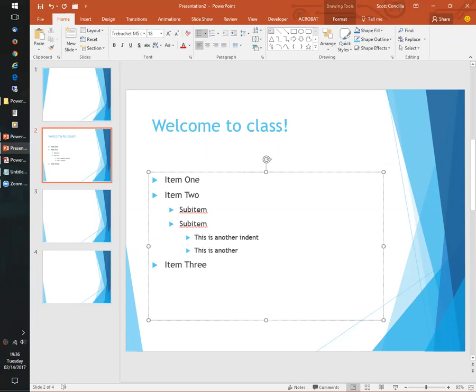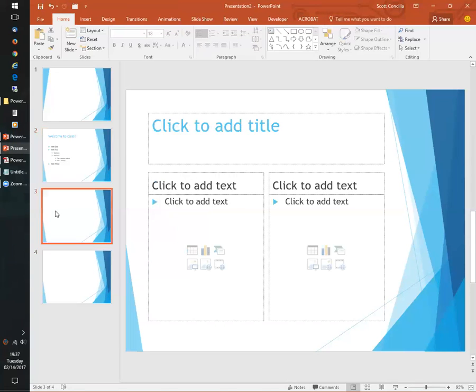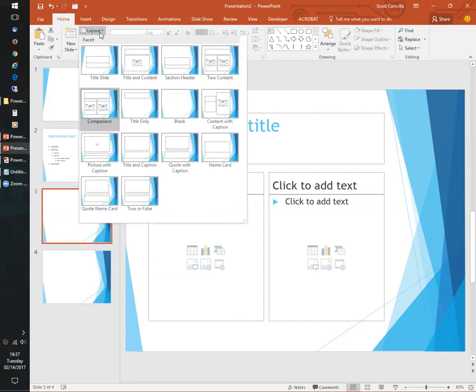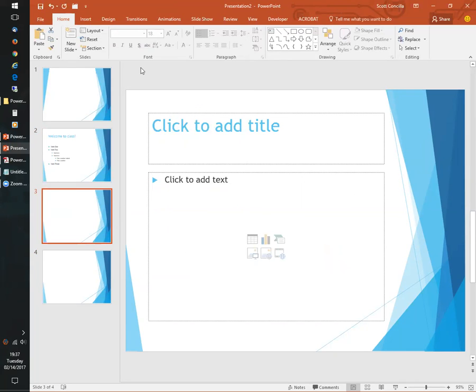Okay. So in this case, because I started to type text, notice that those ghost icons that were in the middle of that content placeholder disappeared, because now this content placeholder is a bulleted list. But I could use that exact same layout. Let me go to this slide and change its layout. Now notice, this slide has a particular layout that's already here. And I'm like, well, I don't like that layout. Now I could add a new slide and then delete this one, but that's too many steps. All I need to do is change its layout. So if I click on layout and say, you know what, I'd rather have a title and content slide, just click it. Ta-da, we're done.